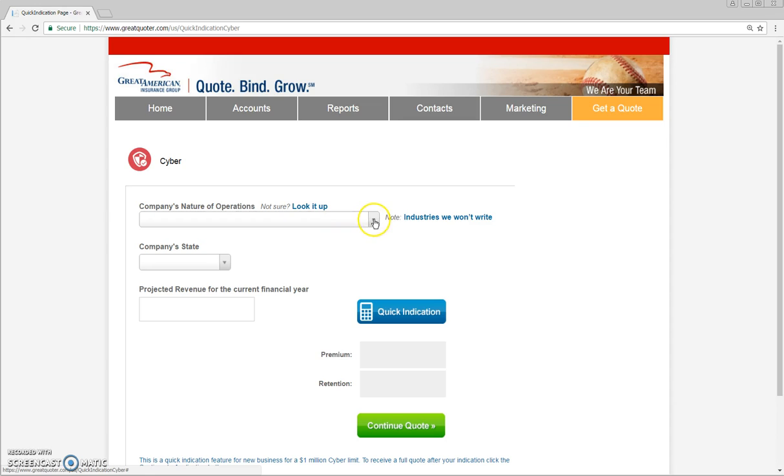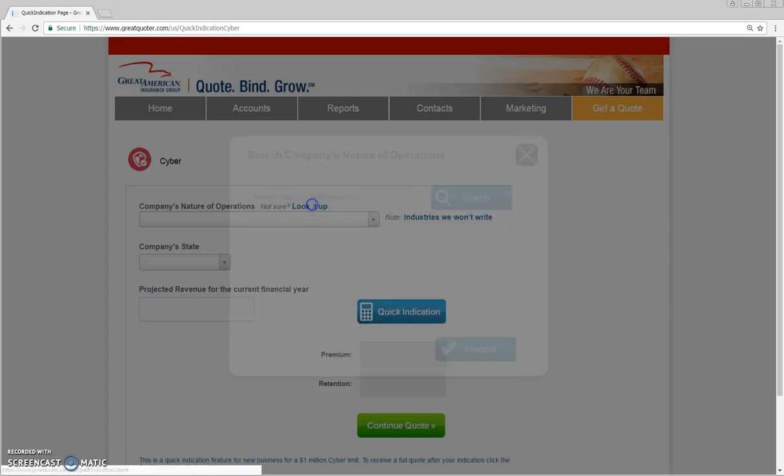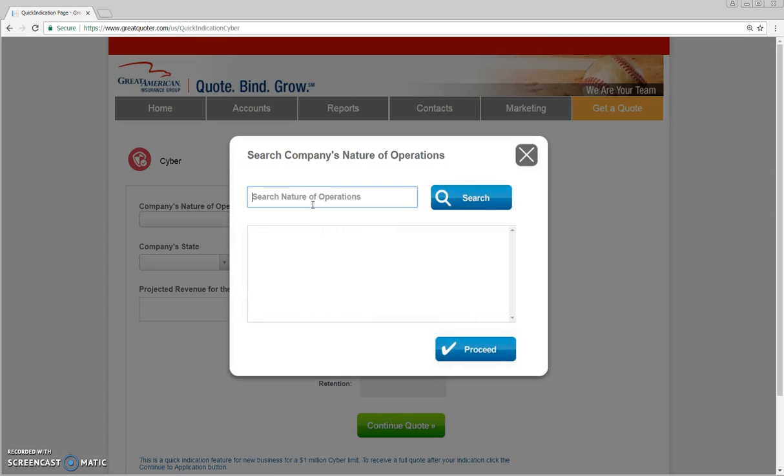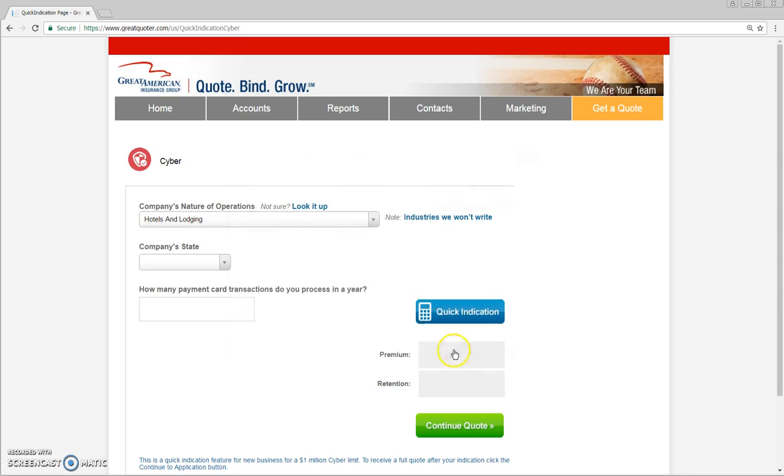Select the nature of operations from the drop-down box. If you're not sure, you can click Look It Up. Enter the type of organization. In this case, we'll use a hotel. Select the nature of our operations class that comes up, and then click Proceed. Enter the state,